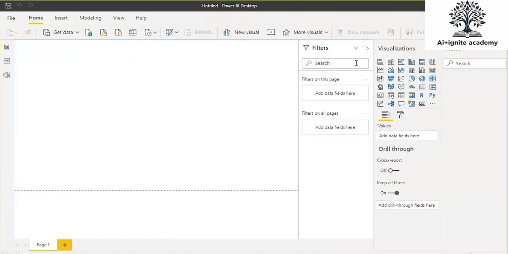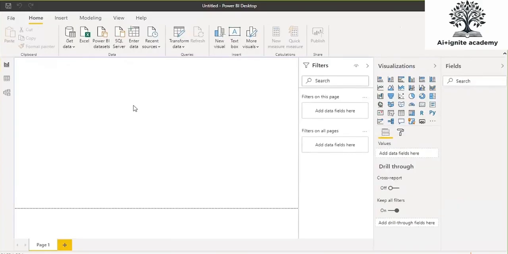So here I have started the Power BI desktop. Now we are all very much familiar with what exactly the Power BI desktop is. Most of the time, because Power BI desktop is a free report development tool, it would be installed on your machines. Everyone will have it installed, maybe, it depends. Because sometimes, as per the business requirement, you may have a dedicated server, and on that server you can use Power BI desktop instead of installing it on separate individual machines. But wherever it is installed, it doesn't matter.